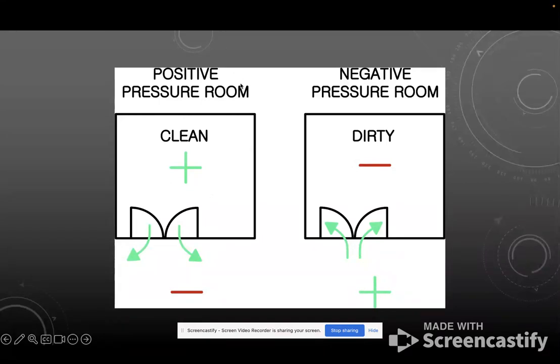for protective precautions, you would want to be in a positive pressure room. Airborne, you would want to be in a negative pressure room. So think the patient is dirty inside, okay, and it's clean outside. The dirty is going to be filtered out of the room so that it's not being circulated back into the patients, throughout the hospital, and it goes through a specialized filter. Positive pressure